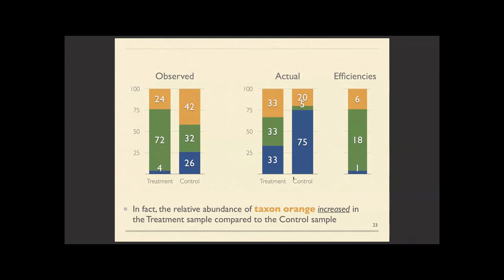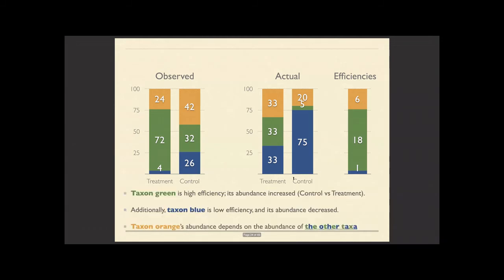Here's the efficiency vector that I used to generate this data. The efficiencies are all calibrated relative to this navy blue taxon here. The orange taxon is observed with 6 times greater efficiency than the blue taxon, and the green taxon is observed with 18 times greater efficiency compared to the blue taxon. If we use the model I was describing earlier, with the product of the actual relative abundances, these taxon-specific efficiencies, and the sample-specific normalization factor, we end up with the observed taxa on the right, and you're welcome to check my math if you'd like.